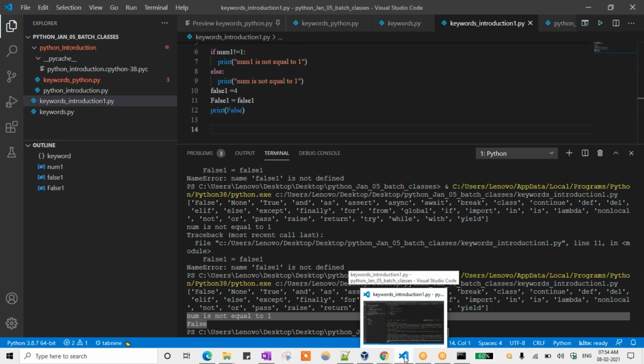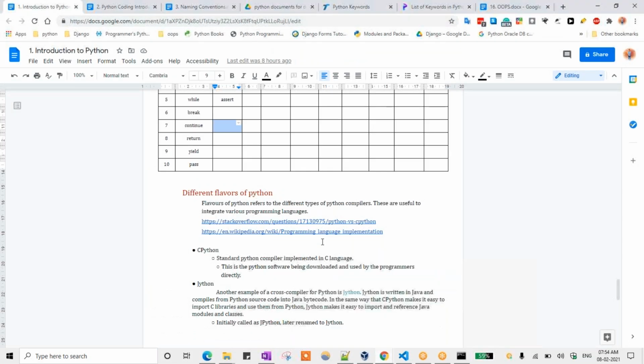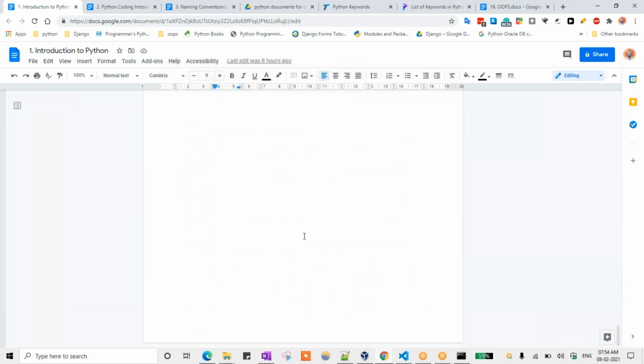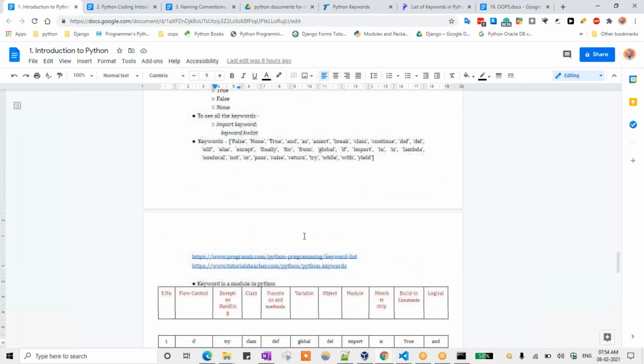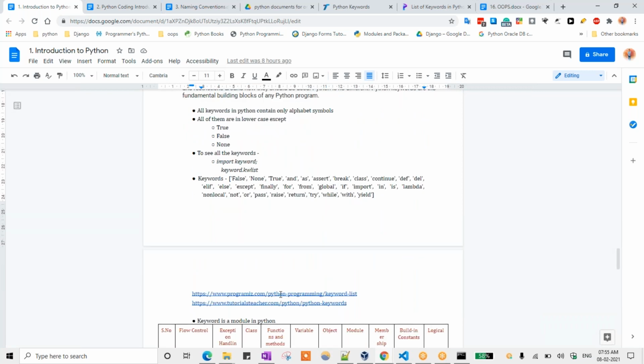So if you go to this document, here if you open this one and come down, there will be the uses. We can open that one, or we can use that keyword setup.